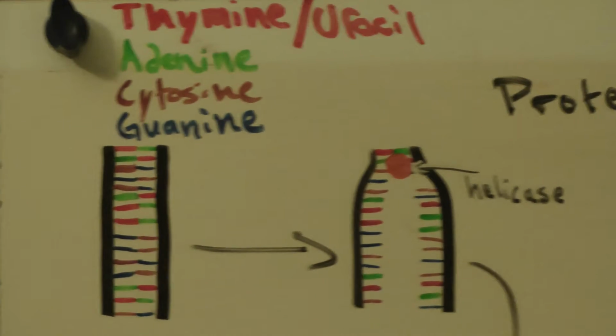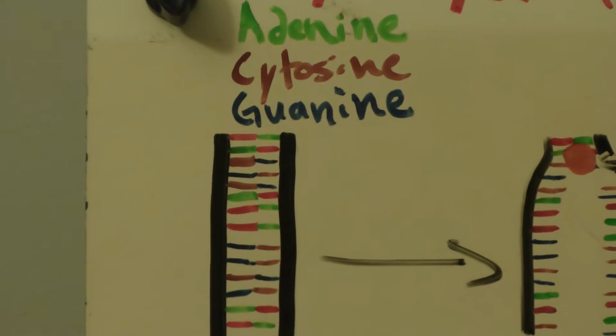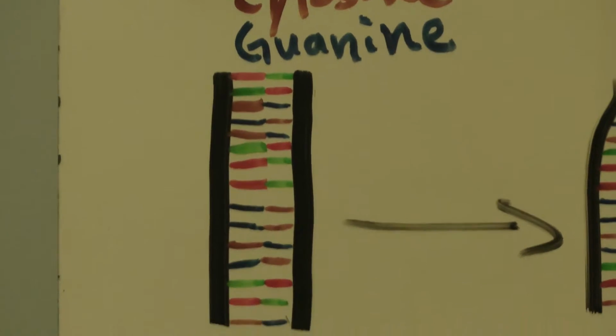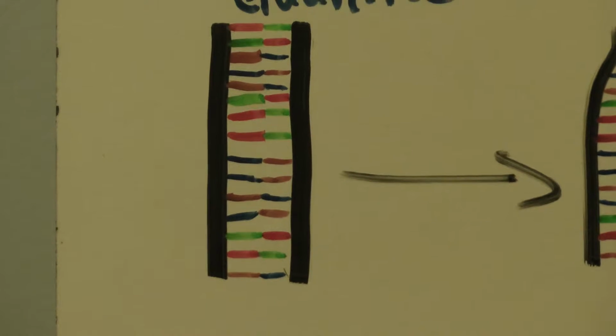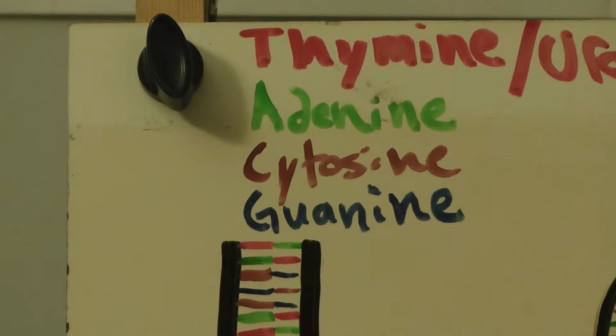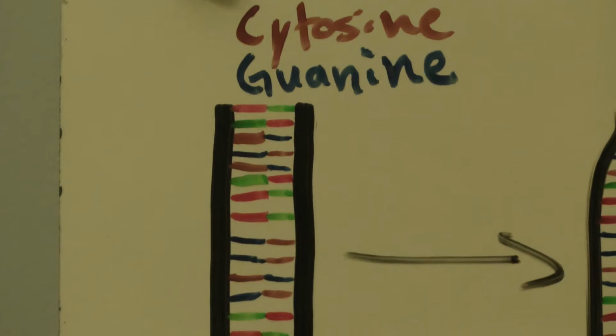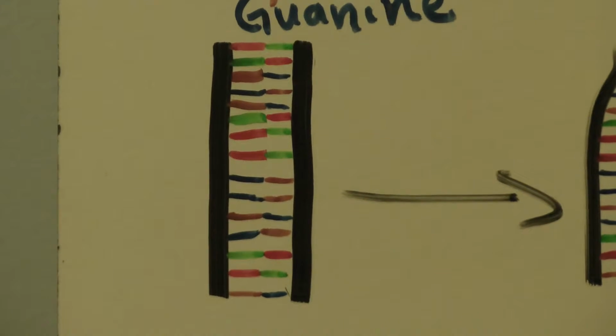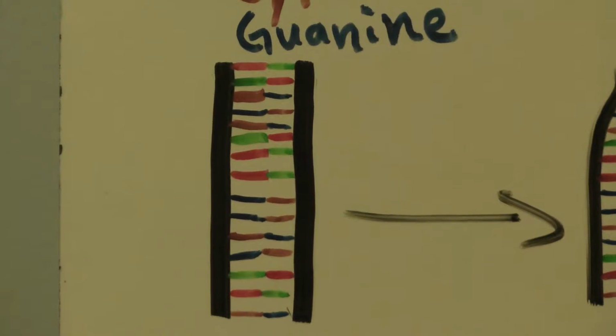We start out with the DNA strand as shown. Red is thymine, green is adenine, brown is cytosine, and blue is guanine. Once we have each side of the DNA strand, we will need to unzip them to copy the codons onto